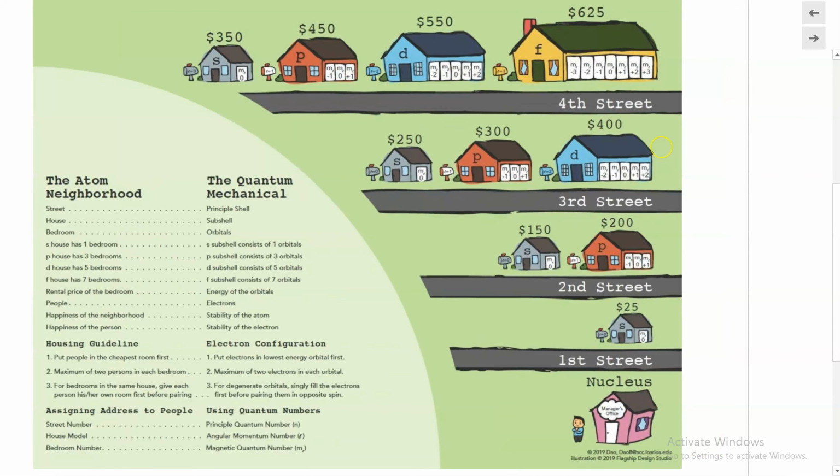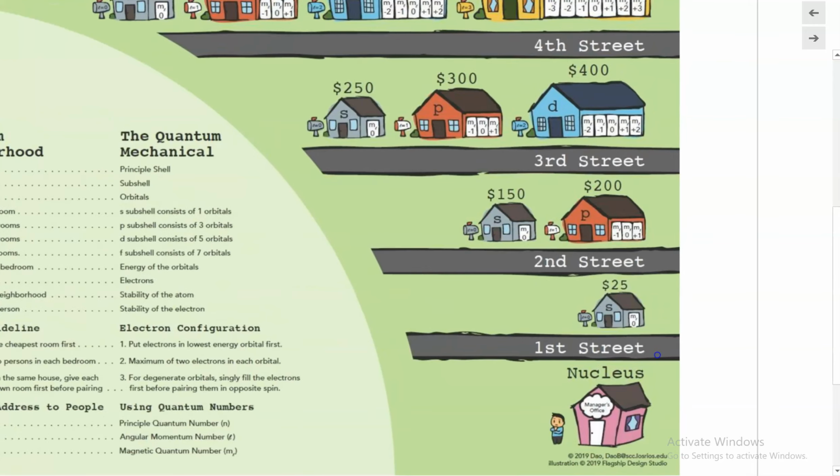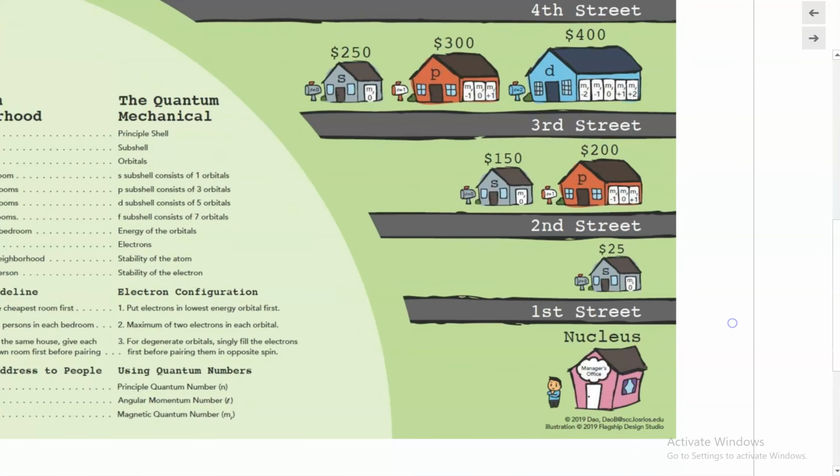So hopefully this diagram right here will be helpful for many of you. Now let's go over this atom neighborhood, how it's been designed. By learning the design of this atom neighborhood, it helps us understand the design of the quantum mechanical model as well. In this neighborhood, we have a manager office, and this is equivalent to the